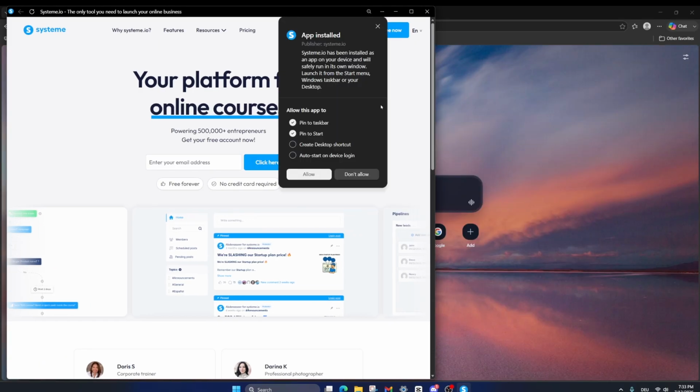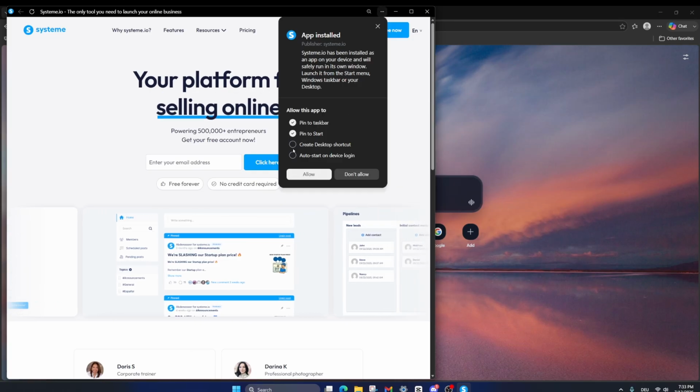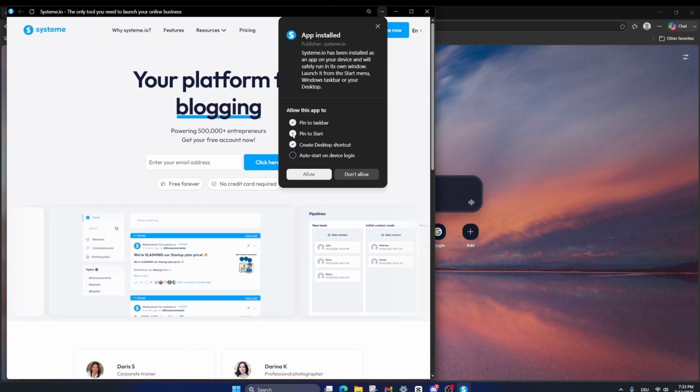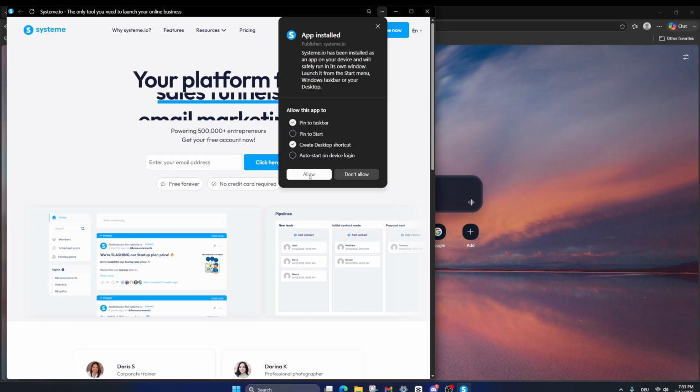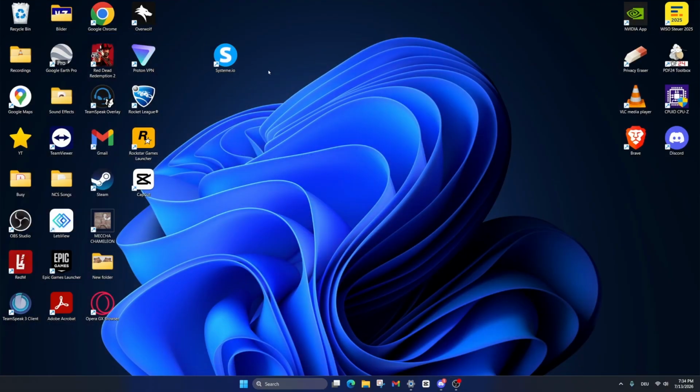Now Windows will ask you how you want to configure it. You will see options to pin it to your taskbar, your start menu, or create a desktop shortcut. To keep things simple and fast, I'm just going to select pin to taskbar and create desktop shortcut, then click allow. You can close everything, and as you can see here, we have a new shiny shortcut right here